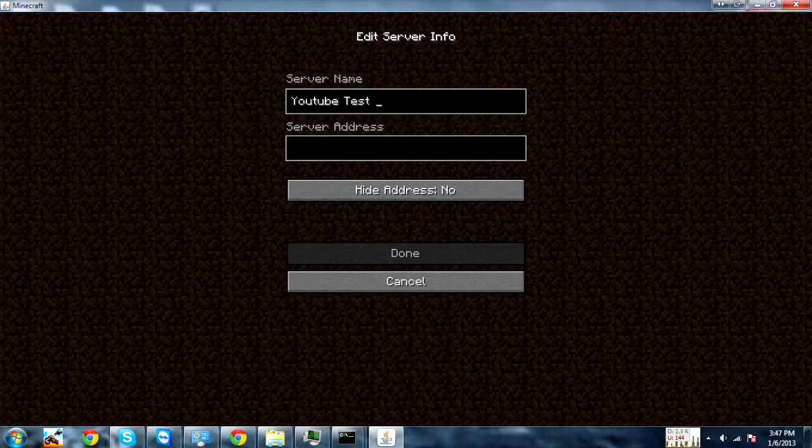YouTube Test Server. And now for server address, if it's on your local computer, type in 127.0.0.1, and then the port number. If it's 26665, whatever it is, just leave it blank. But if you change the port, you have to put that in using that, and then whatever port number you